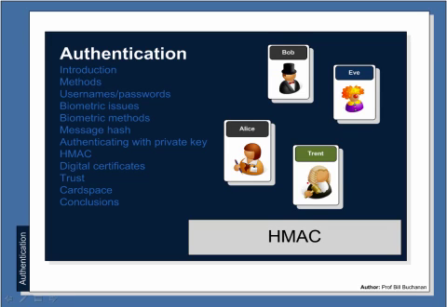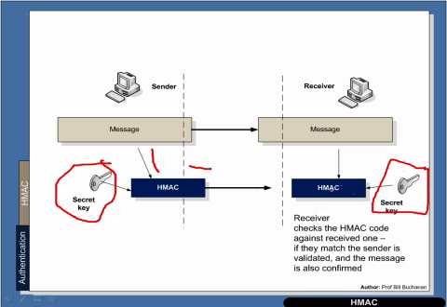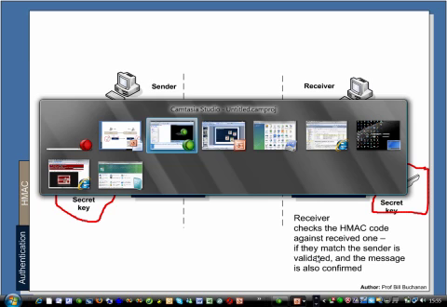An extension to MD5 is HMAC. With HMAC, the algorithm uses MD5 or SHA-1, but applies a secret key to it. The secret key is then sent and the HMAC signature is then decrypted by this secret key. So if we look at an example,